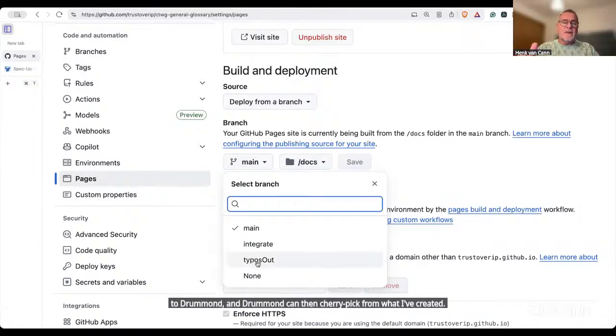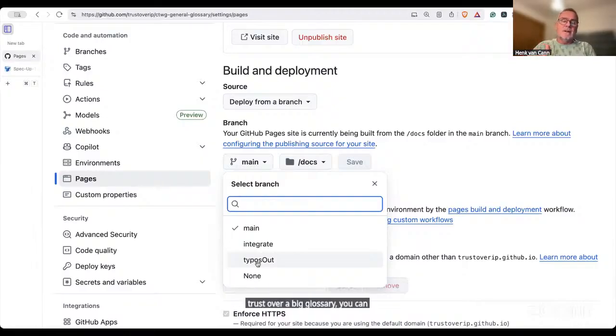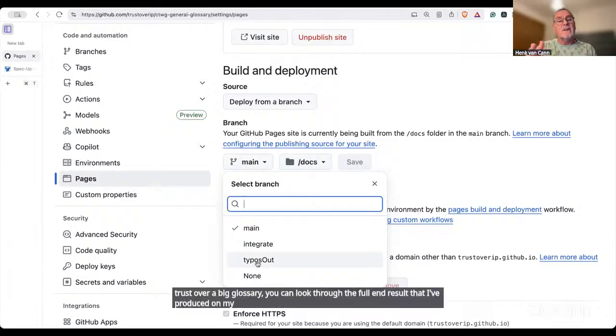And the good thing is you can see what Drummond has produced as his production site, which is the main Trust over IP glossary. You can look through the full end result that I've produced on my user's side, and you can also compare the changes. So that's the good thing about